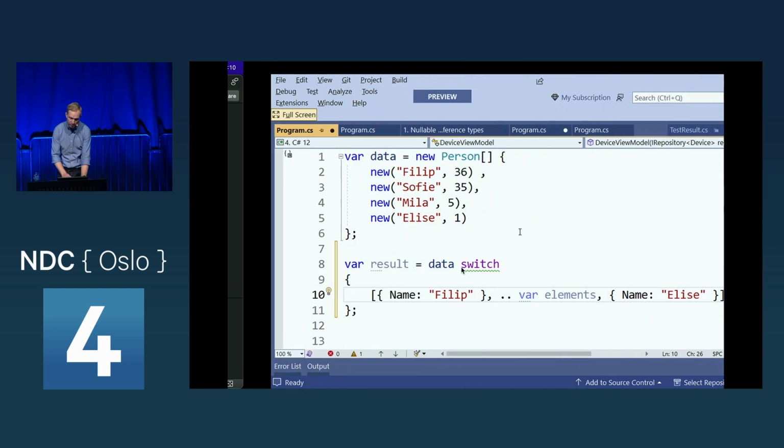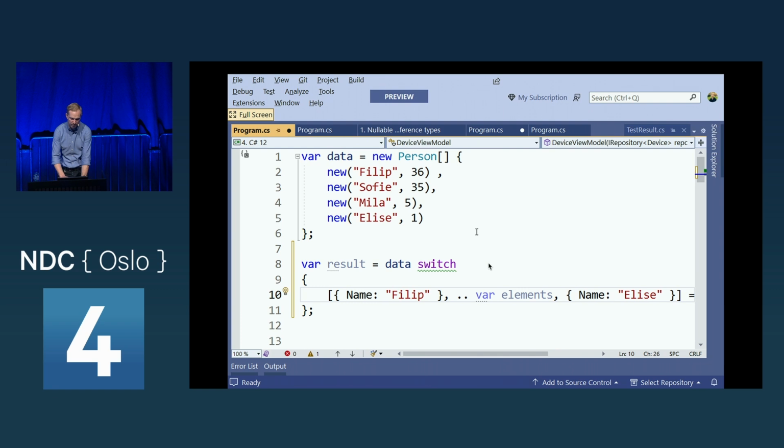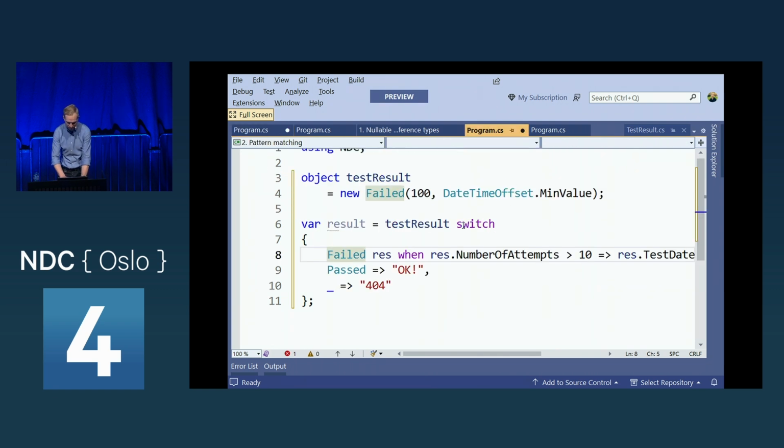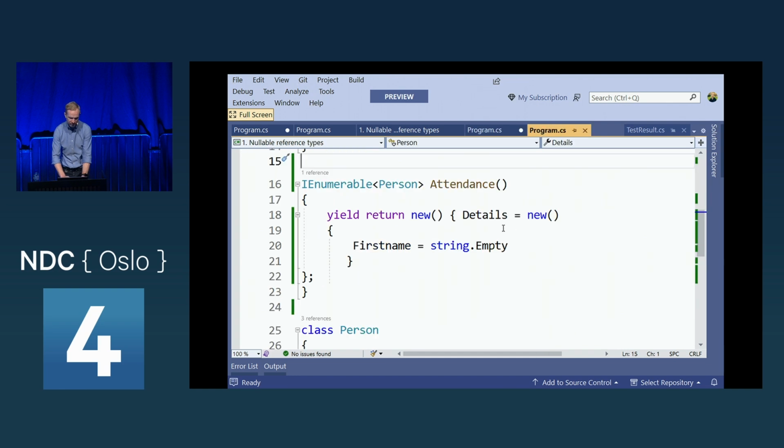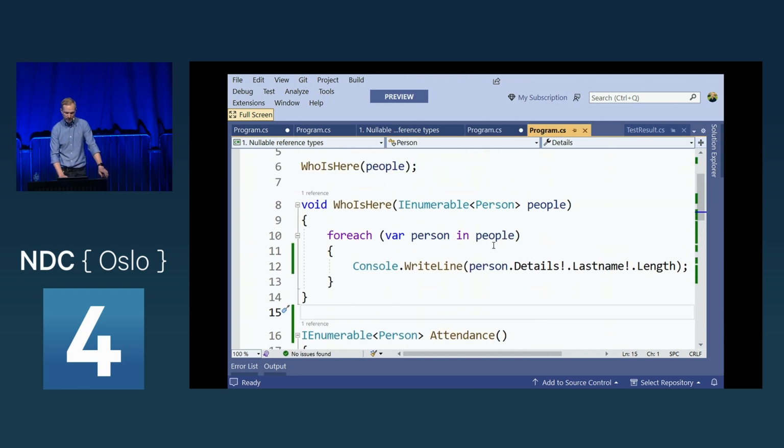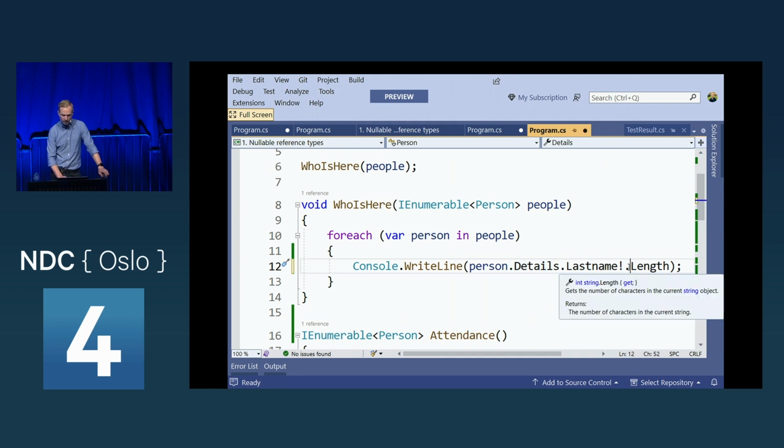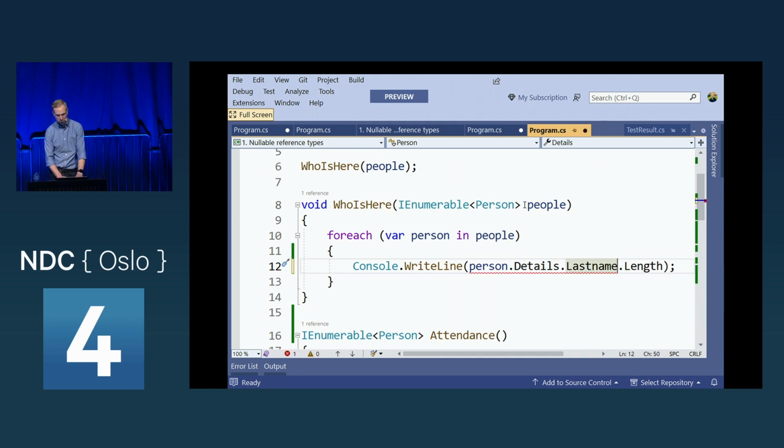But some of you, if you haven't been keeping up with the language, which why would you be here if you have? So if we go into, let's go to this class here. Now, instead of me having to perform this check here at the bottom, what they suggested was, why not use double bangs? And it will automatically perform a null check and throw an exception in your face if this was null. Imagine how many people like this idea.